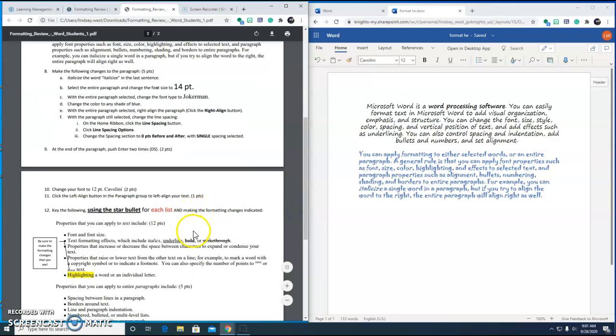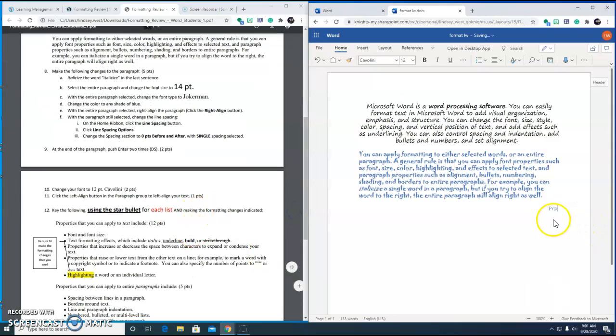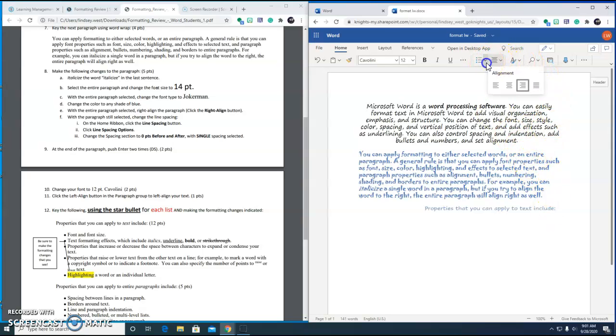So the first thing that I'm going to type is properties that you can apply to text include, and then you don't have to type the part where it says 12 points. Now I hit enter to go down a line because it did not tell me to use word wrap, and now I'm going to use the star bullet, and I'm going to type these bullets. So text formatting effects, which include italics, underline, bold,